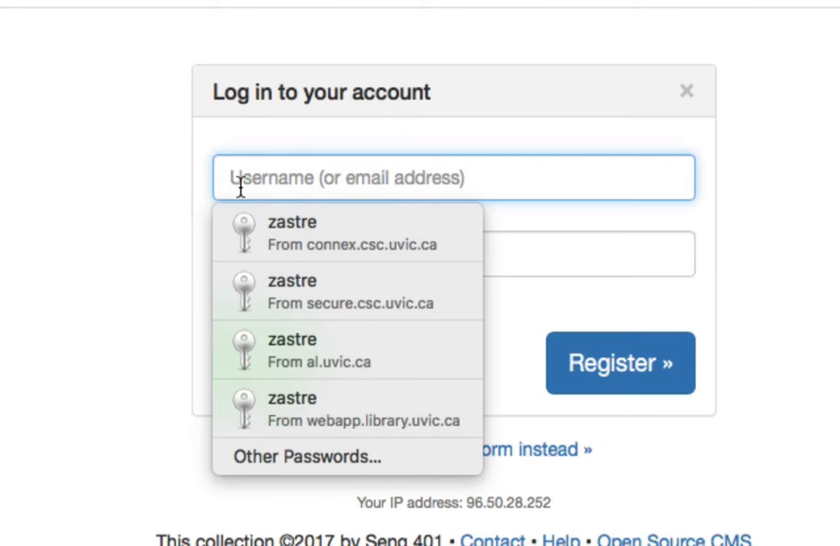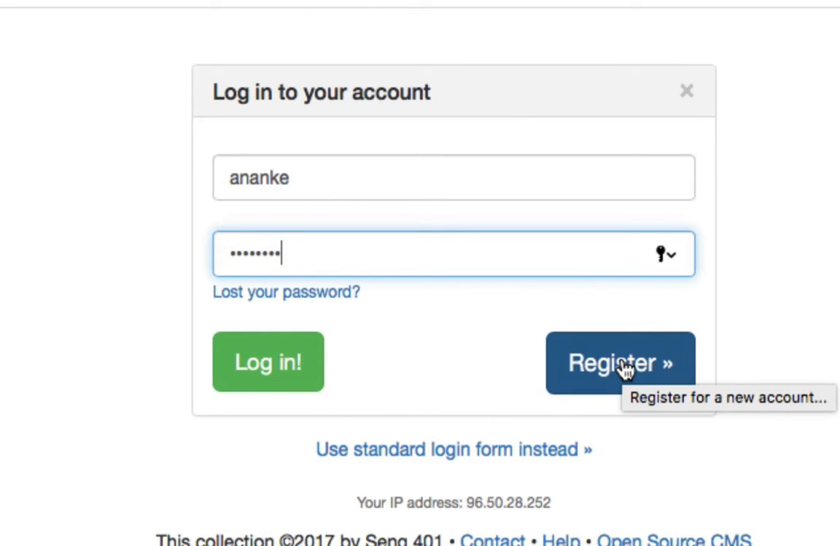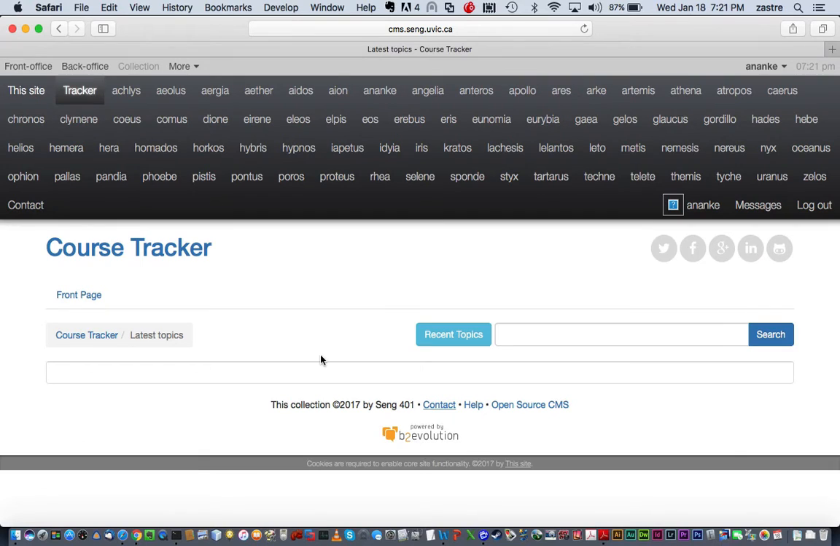I'm going to log in here with a demo user I've added, someone called Ananke. This doesn't correspond to anybody in the course, by the way. So I'll type in the user's name and copy in the password, and I press login. Don't press register. You already have an account. You don't need to take my credentials and register. You're already activated. Just click login,